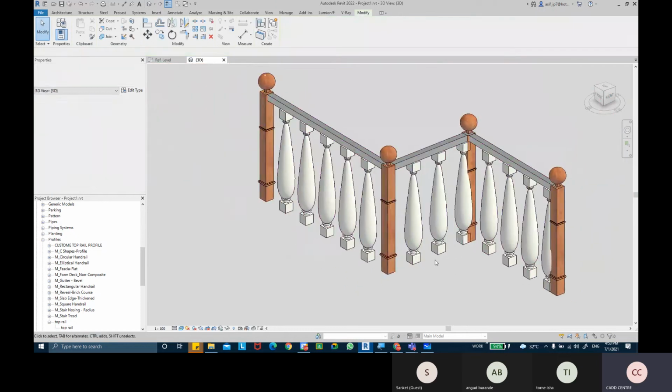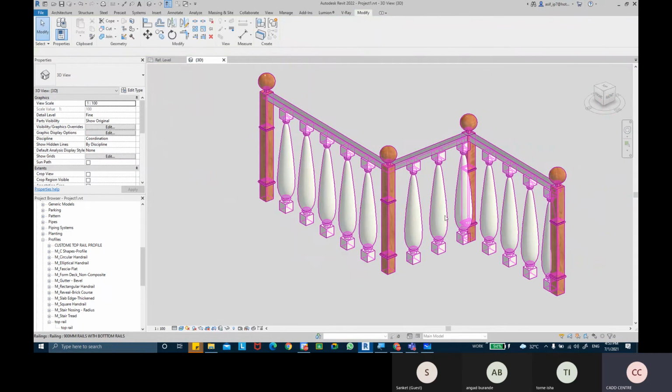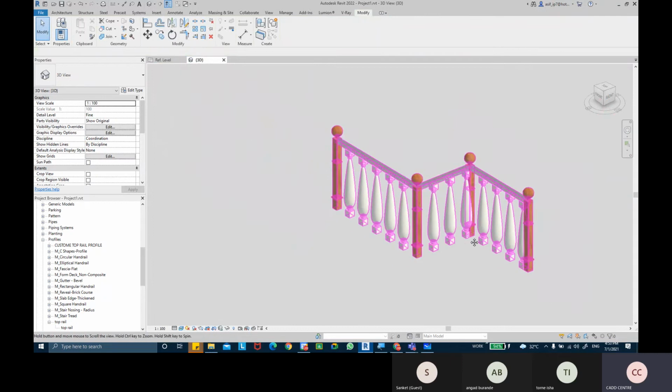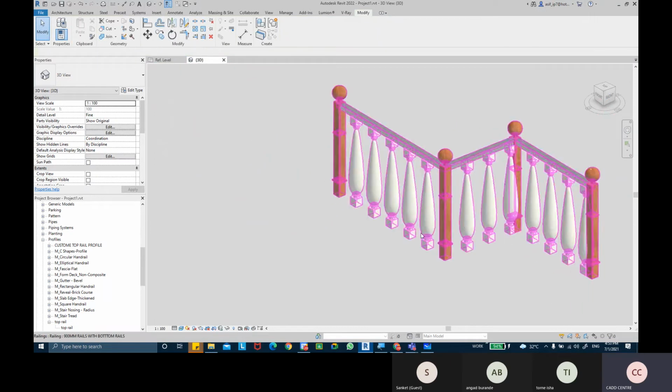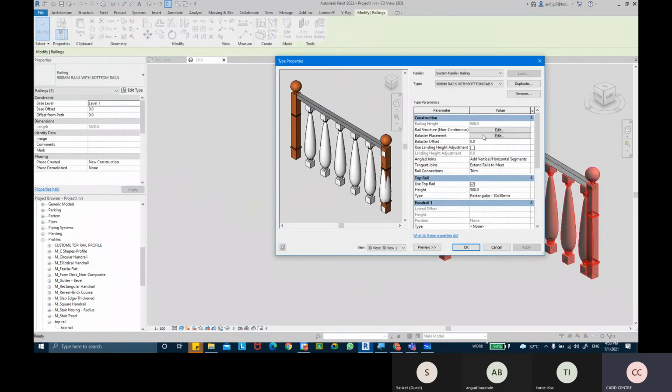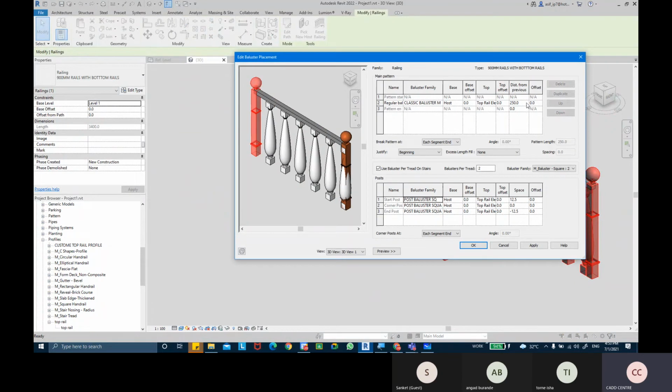So you see that they don't have that center crossing balusters. Slightly adjust the distances.